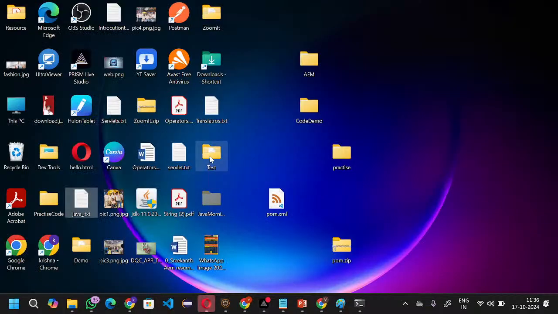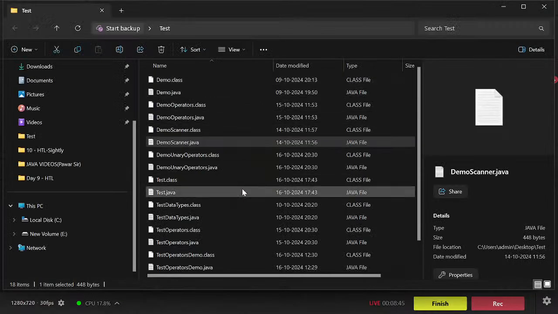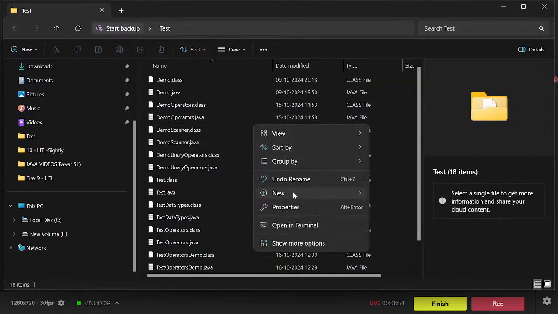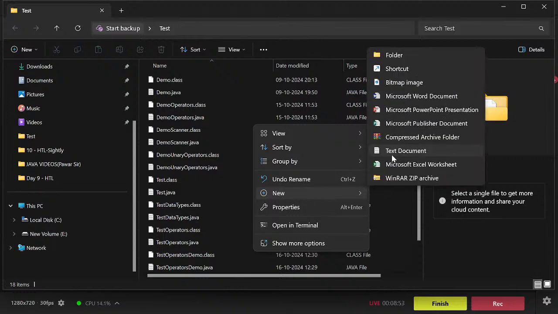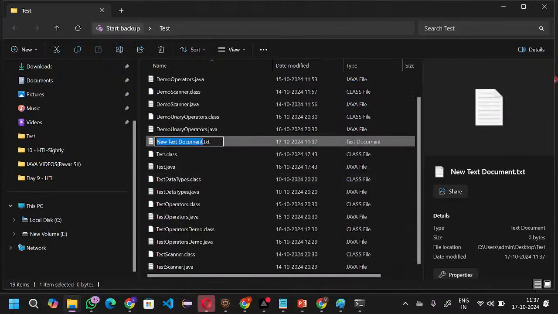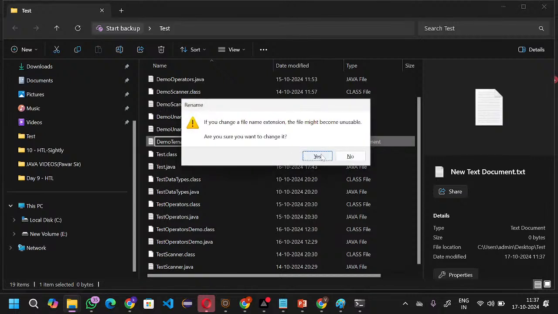You can go to your file location wherever it is available. You can go there, and then here you can create one file. The file name is text. I'm mentioning the file name is DemoTernaryOperators.java. I'm opening the file,